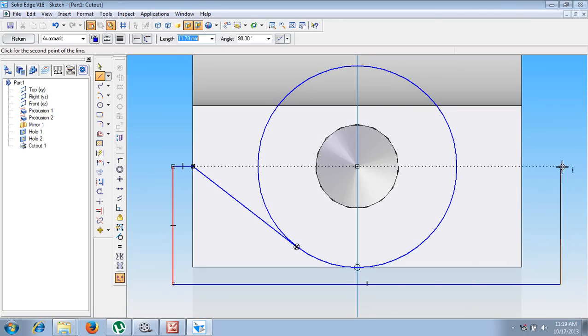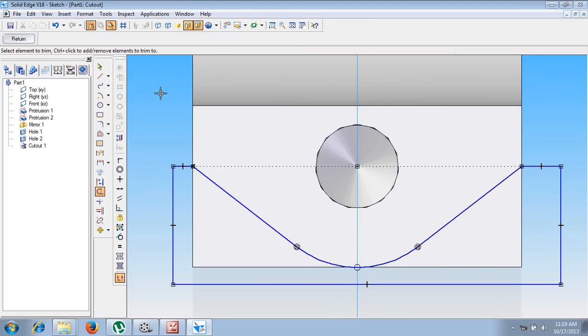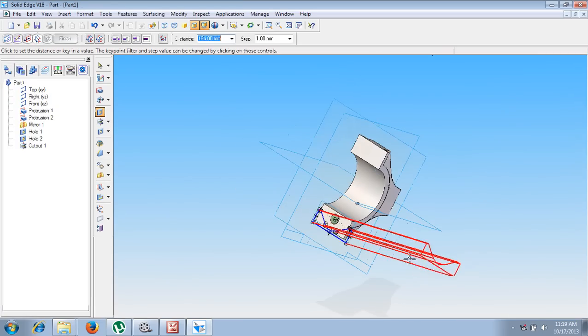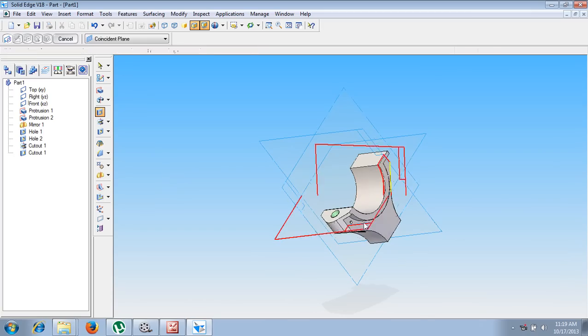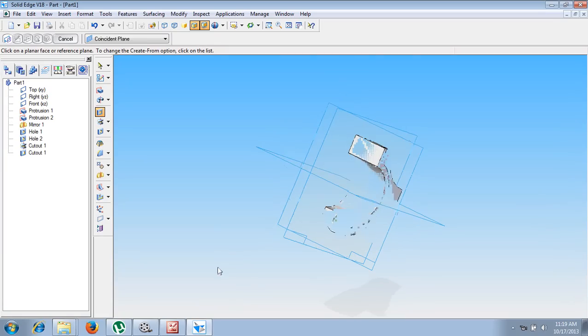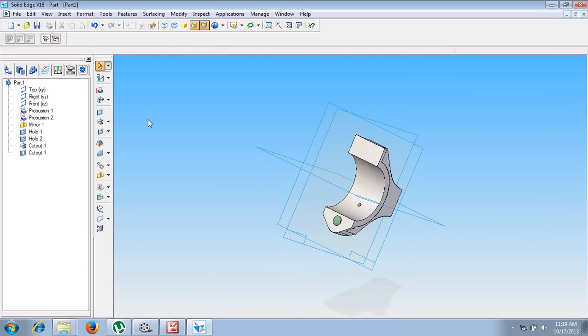Now once we got the required positions, once again draw a tangent line. After drawing these, make use of a command called trim to remove the unwanted portions, then say return. Now go through next. This is how the cutout is going to be, then say finish. Now you can see this 1, 2, 3 and 4, the 3 holes and 1 cutout should be done properly.